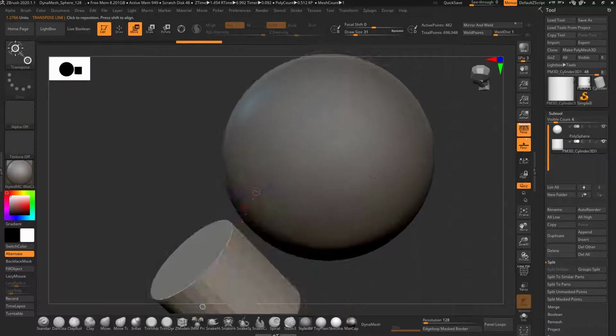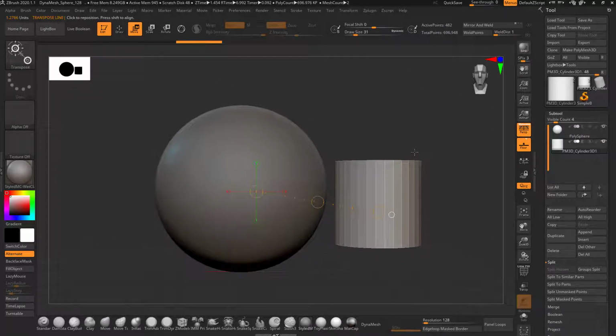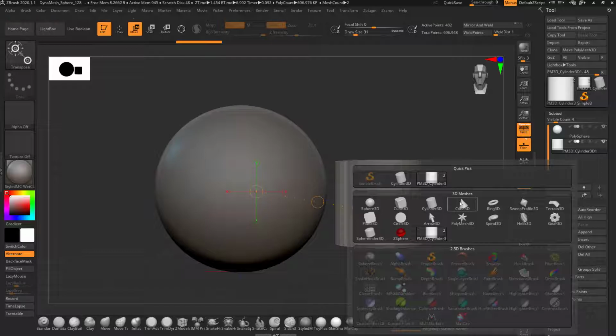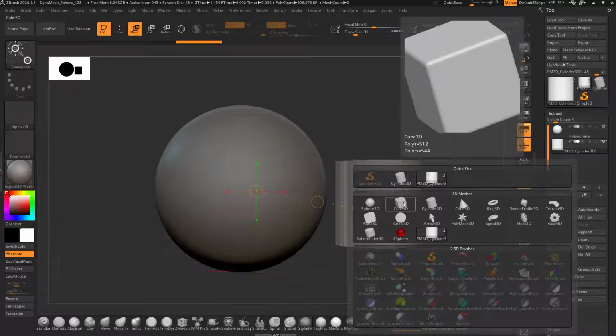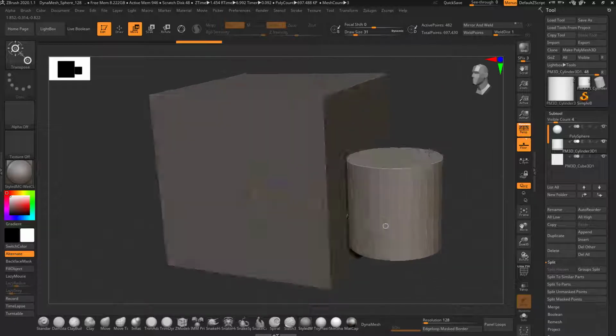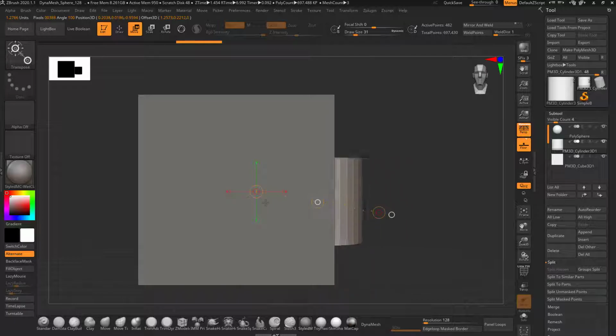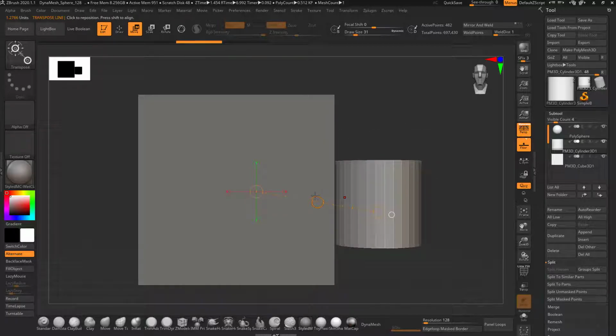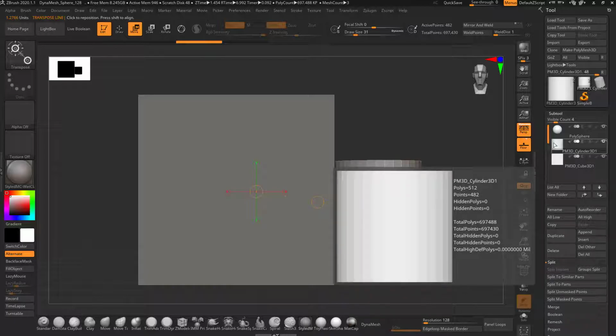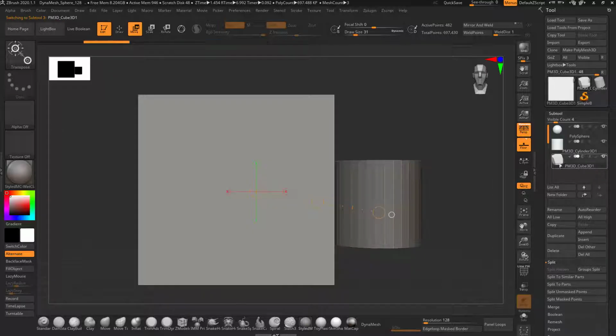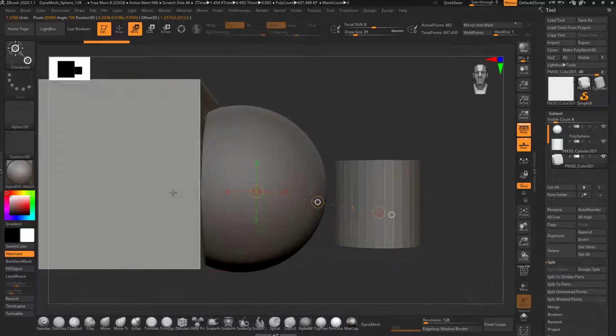Now you have two subtools, and the same way I can add more subtools. I can go to Append and click on the cube, and it by default comes on the origin. I can again select them and move it to some other place. Now as you notice, I want to move the cube, but I'm not able to. The reason is that your polymesh cylinder is selected in the subtool panel. So you have to select the cube, and then you can move and edit it.